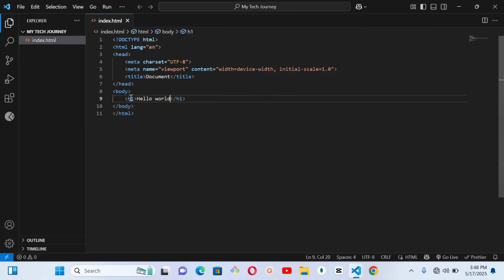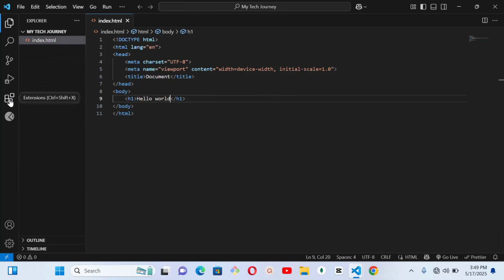Though you can do it manually, but why the stress when there is a better way you can do it? If you want to view it manually, that means you need to go to your file explorer or folder explorer, what is it called? And then search for the folder or the file. Then once you see the HTML file, which is this index.html inside this my tech journey, you can double click on it and it will open your browser. All right. But instead of this, the best way to do, so let's make it easier, is to come to